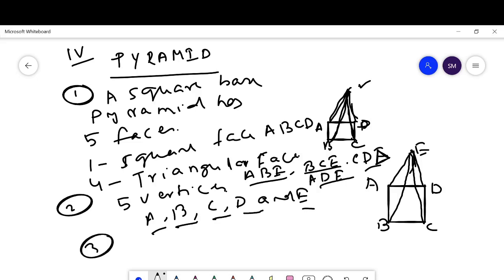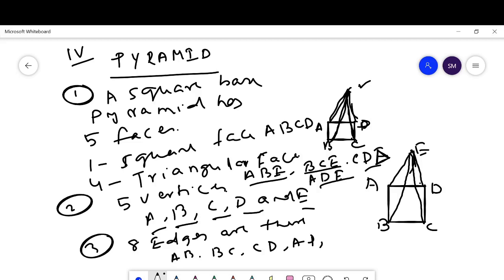Then the edges. How many edges are there? 1, 2, 3, 4, 5, 6, 7, 8. 8 edges are there. And the edges are AB, BC, CD, AD, and AE, BE, CE, and DE. All these 8 edges. Okay. Then next